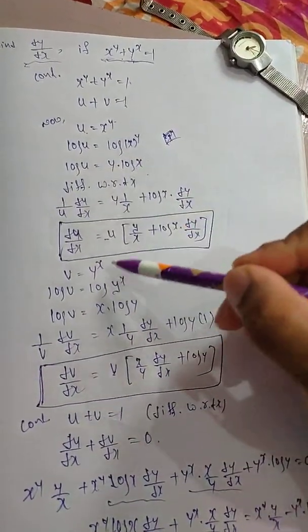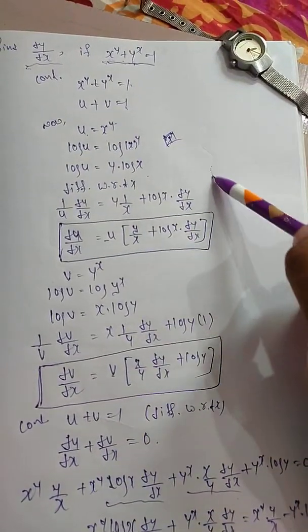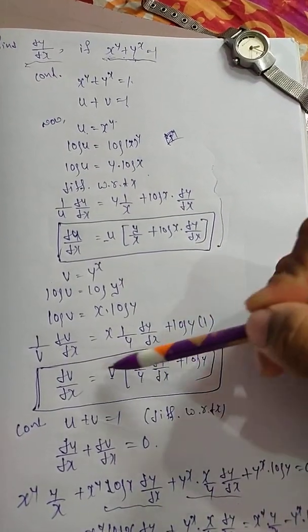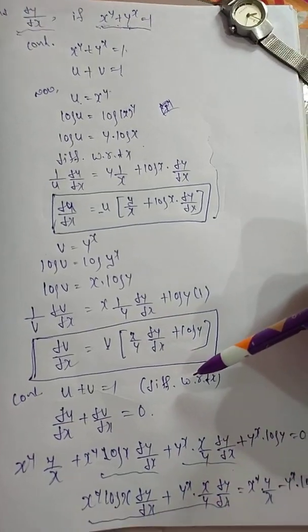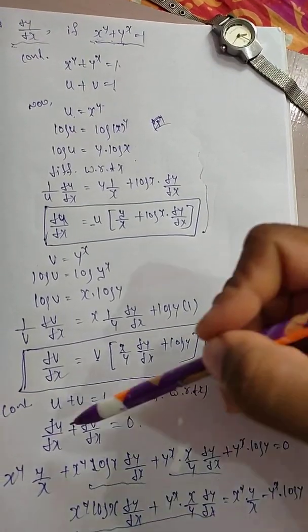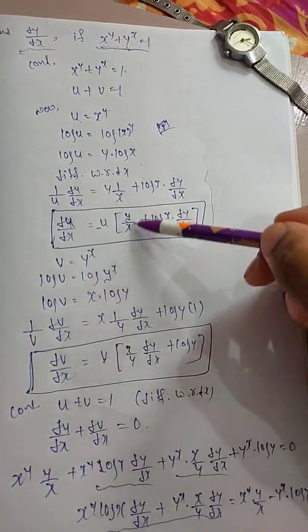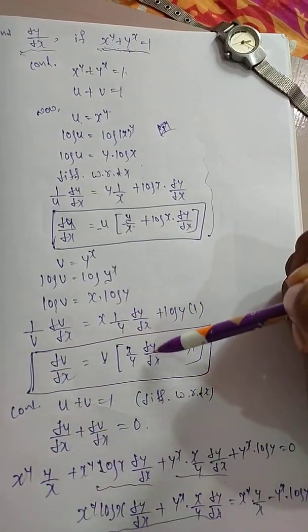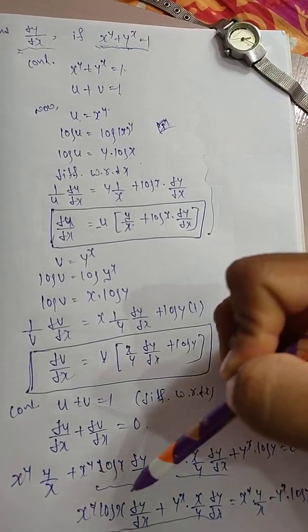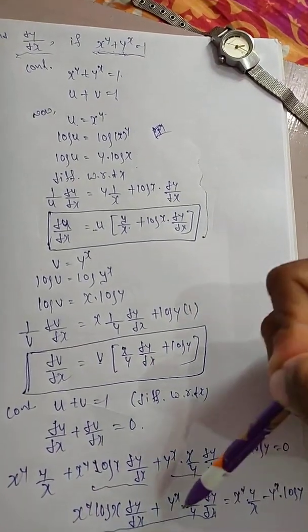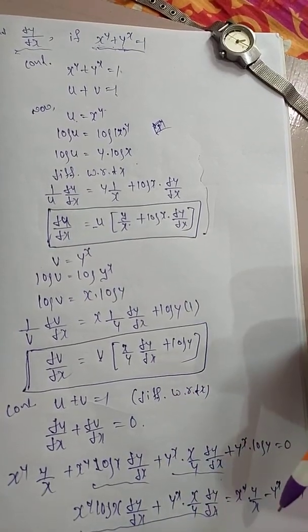Now consider v is equal to, the same way what we have done in the above step, the same way we are doing here. So we come with the dv by dx. Now differentiate with respect to x. After the differentiation, what do you get? du by dx plus dv by dx is equal to 0. Substitute the du by dx here, substitute the dv by dx here, then keep the dv by dx on the left side, rest all on the right side. Now take dv by dx common and simplify the equation.